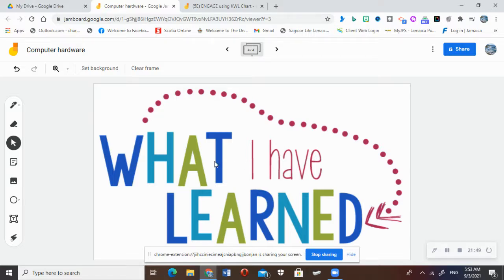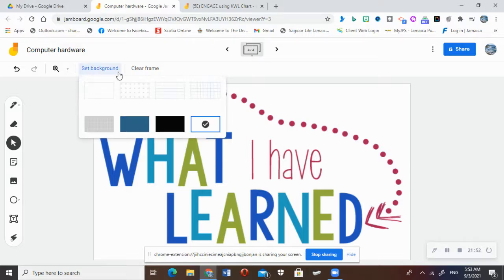Now again, you have the option of using one of the predefined backgrounds that come with the Google Jamboard. You don't necessarily have to add your own image. You could select one of the predefined backgrounds,